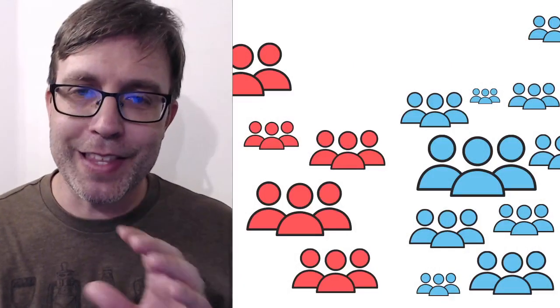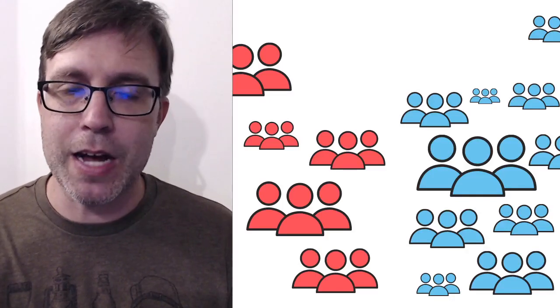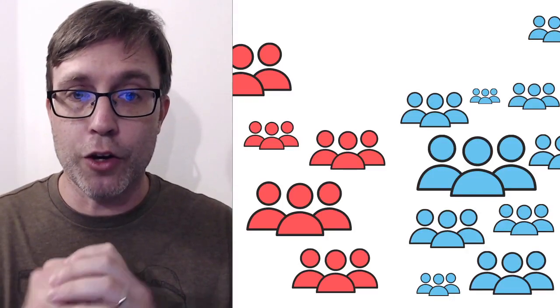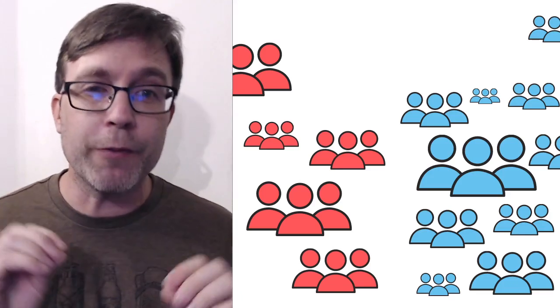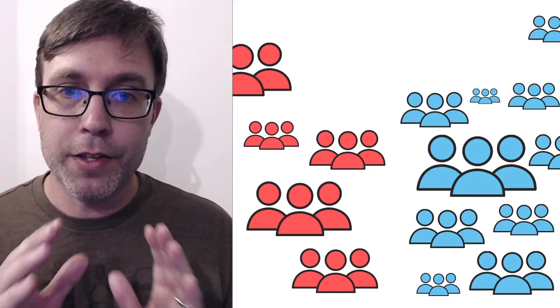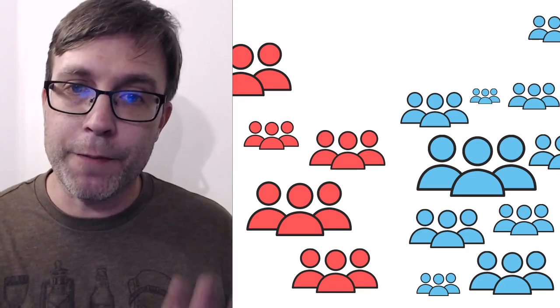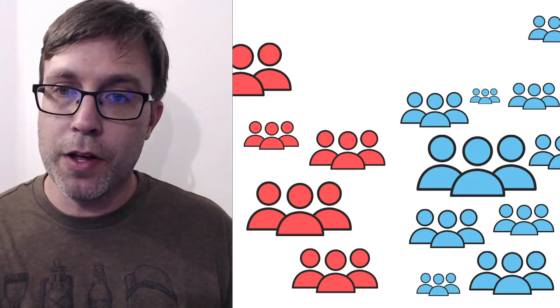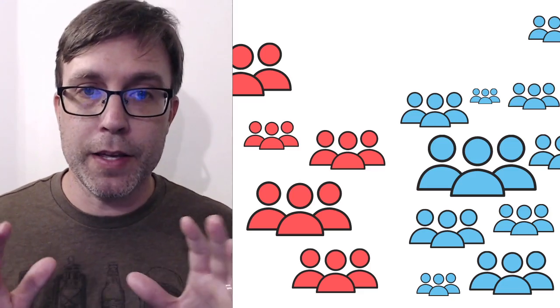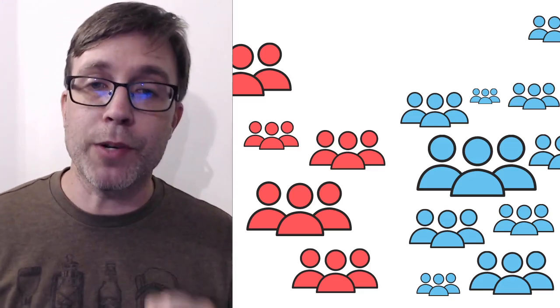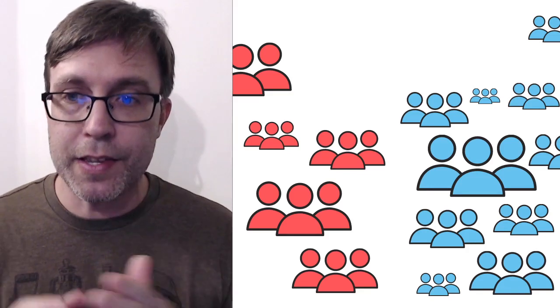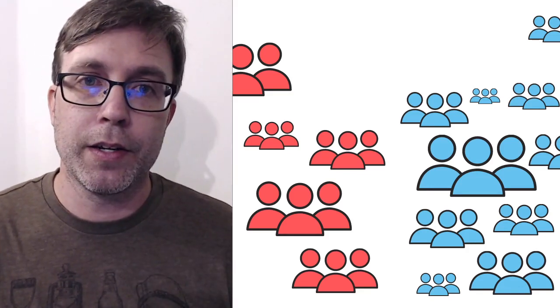Then we have, again, let me give you some context. This is a group of people, all right? There are two different groups right here. The red group and the blue group. Now, if I want to talk about the blue group, think about them all together, but I would say the blue group is the what?